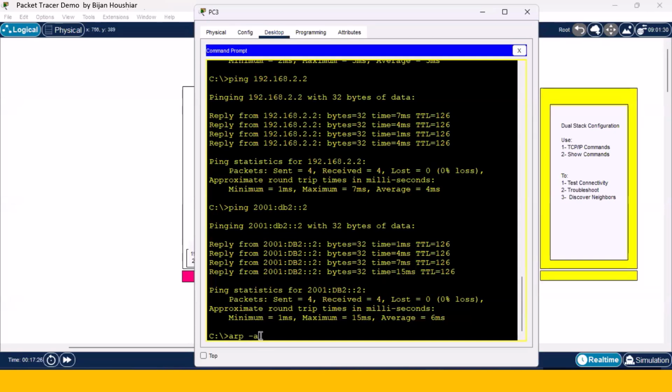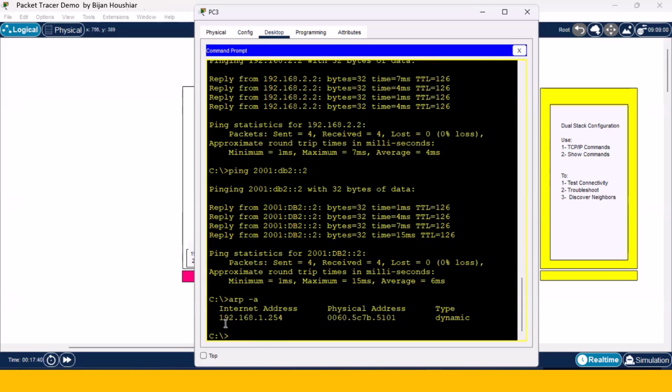Now that we have been able to ping those remote hosts, let's perform another command, arp -a. This one will display the ARP cache table of the PC3 for IPv4. IPv6 is not broadcast based, so ARP is not working on it. So this one tells us that